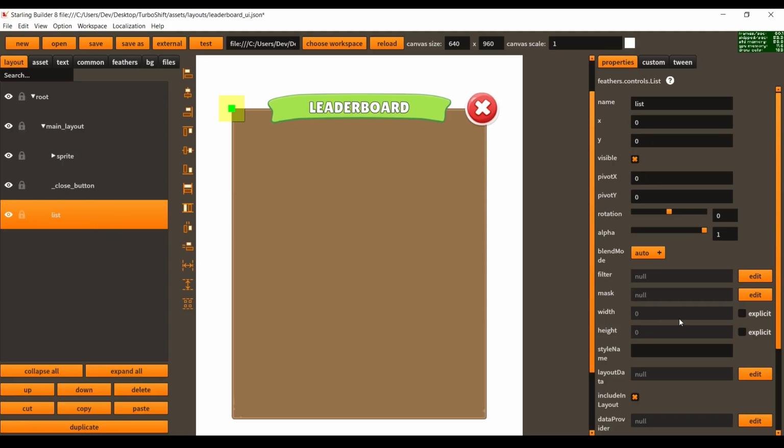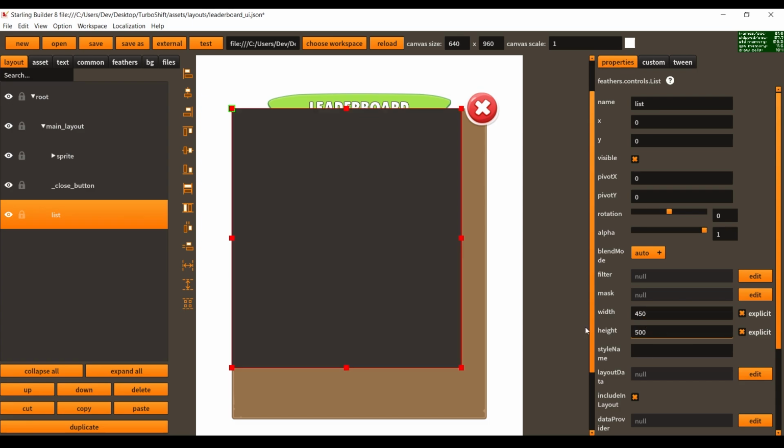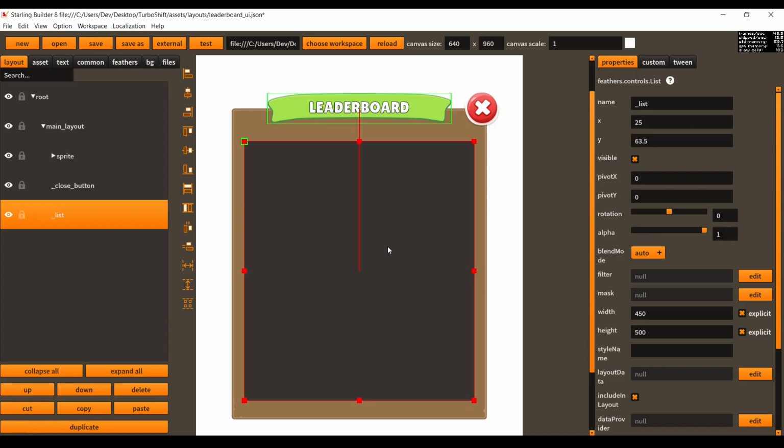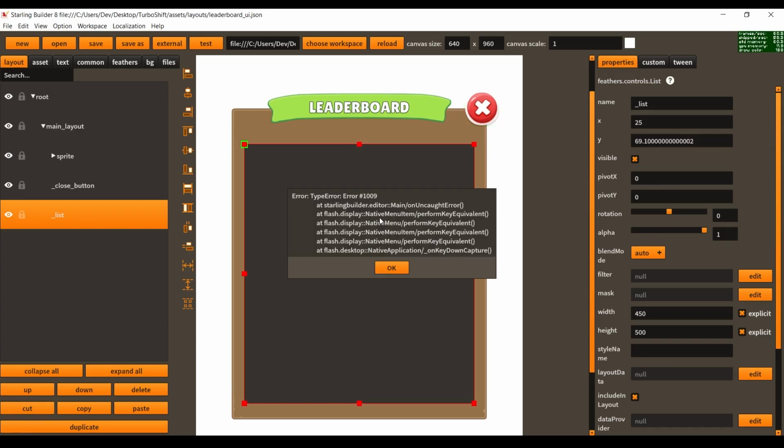Now let's give it an explicit size. 50 by 500 should be fine. Let's position it to the center and save the layout. Now, we're getting this error because the list component is using a background skin, which is not from our texture